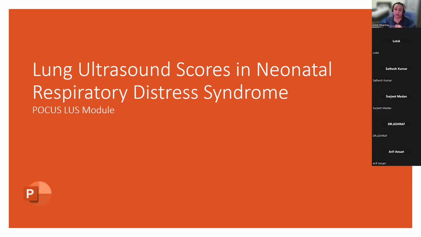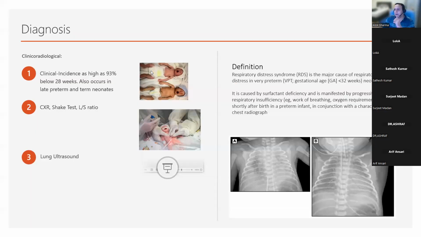So scoring, again, more a kind of qualitative assessment as opposed to scoring, which looks at B profiles and progress of B profiles in heart failure, is something that is being used for functional assessment. But today, our focus is going to be simply lung ultrasound in the diagnosis and management of respiratory distress